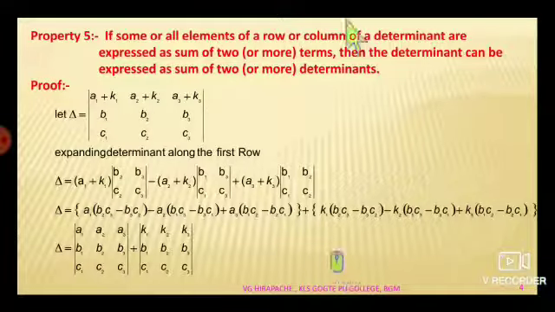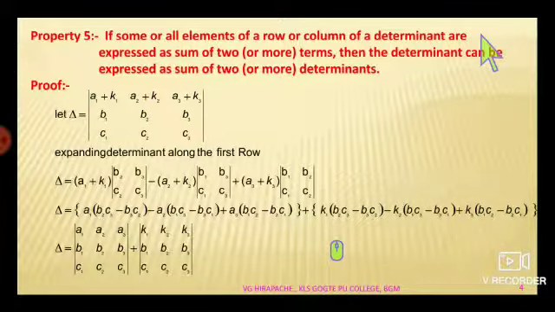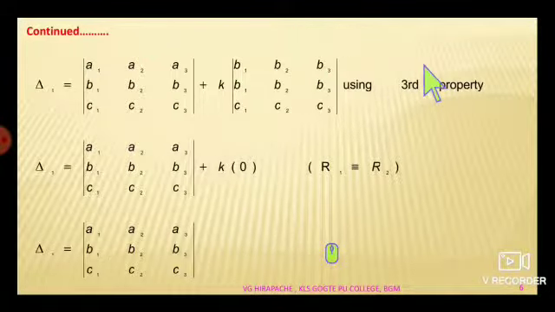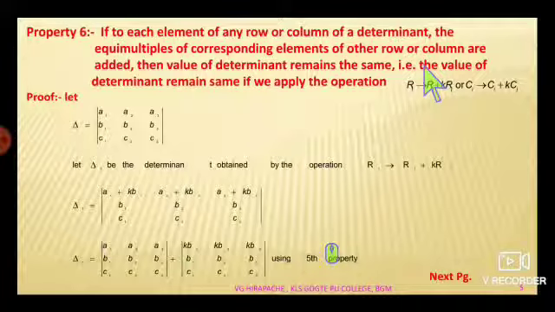Let me begin with the fifth property of a determinant. If some or all elements of a row or column of a determinant are expressed as sum of two or more terms, then the determinant can be expressed as sum of two or more determinants. Dear students, the statement of this property is, in a determinant, if any row or column is expressed as the sum of two or more terms, then such a determinant can be written as